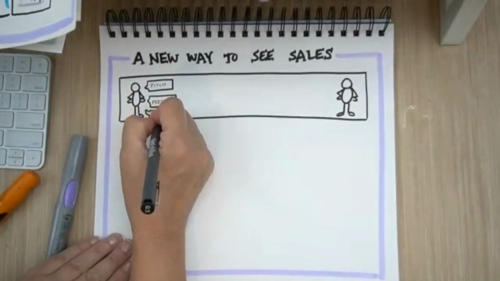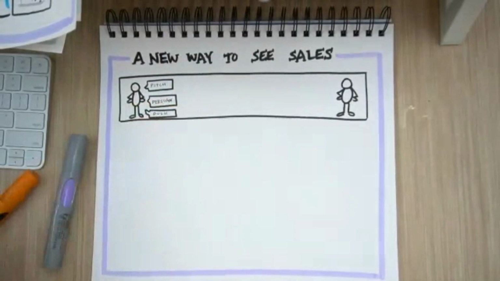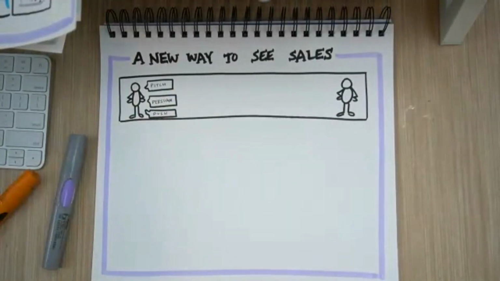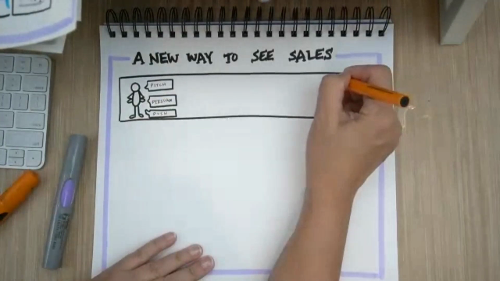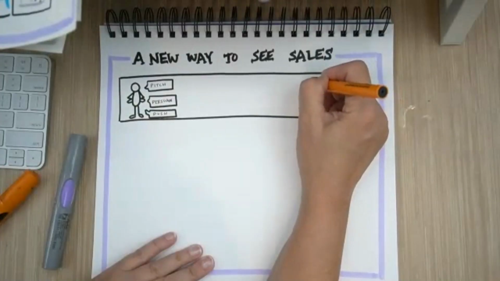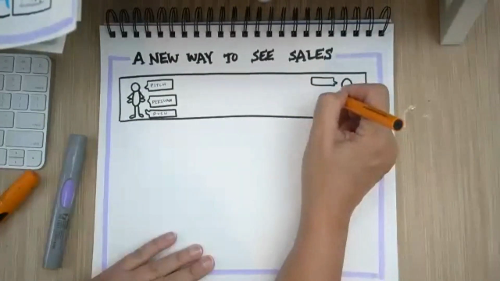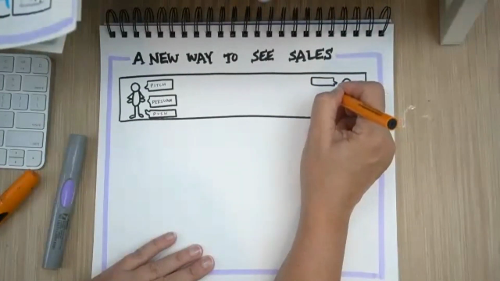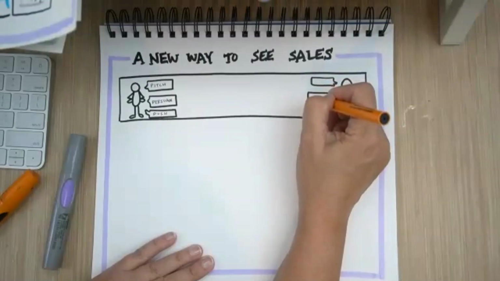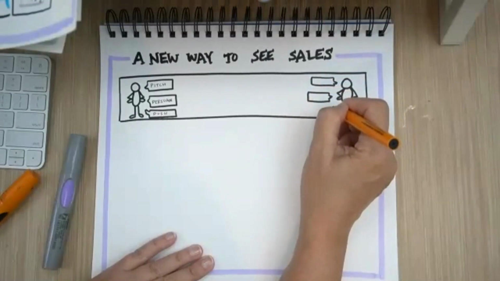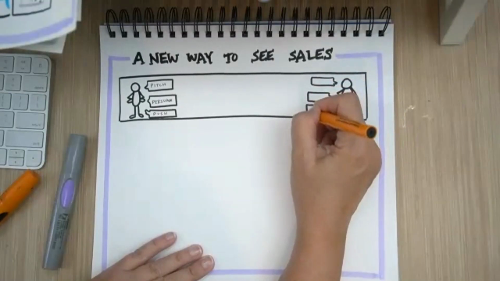And we sometimes try and push our sale on to someone else. And for our customer, when we're acting that way, I kind of like how they're all the way over here. Our customer